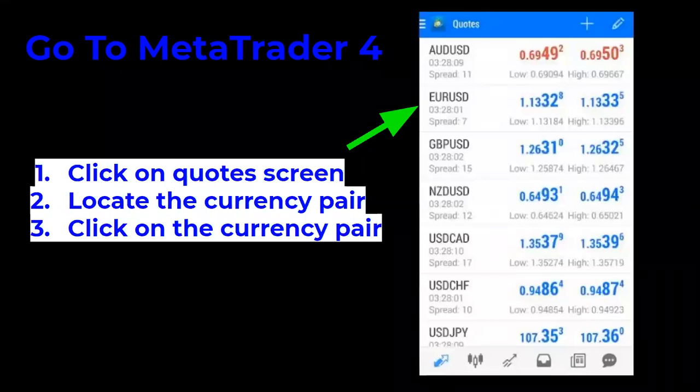With that being said, once you receive the alert, you perform your analysis, and you decide that you want to execute the trade, you will go to MetaTrader 4. Once you have the app open, you will locate the currency pair listed on your alert. If you don't see your currency pair on the quote screen, simply click on the plus sign in the upper right-hand corner,